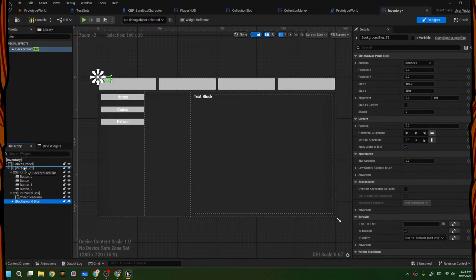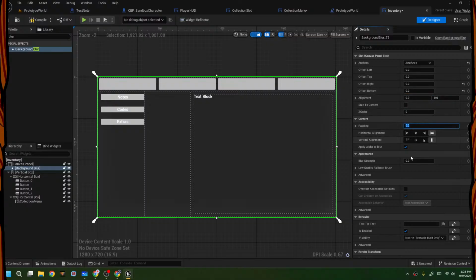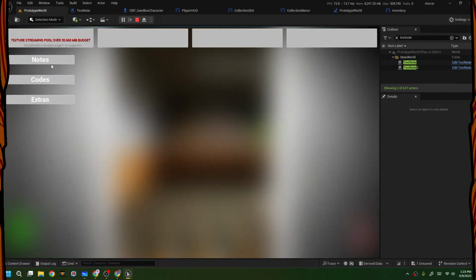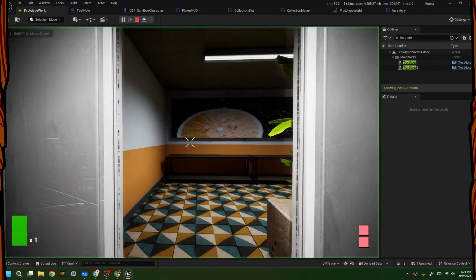All right, and now let's set the blur anchors to every place and blur strength to 50. And now let's test this. You have different menus. For now they're not doing anything, and I will also set them up when we have inventory menu as well. So now we don't have any notes and stuff, but if we go and